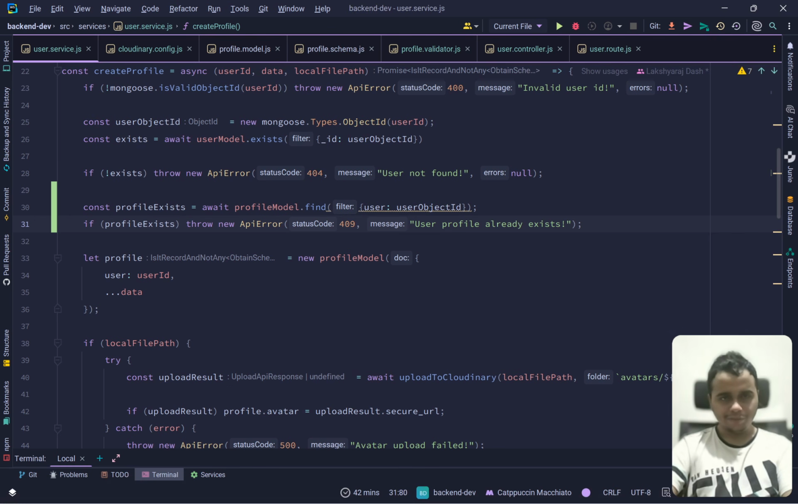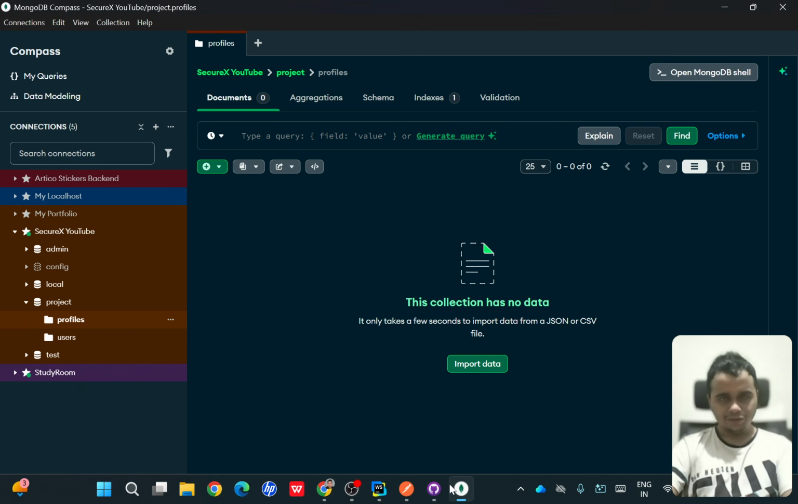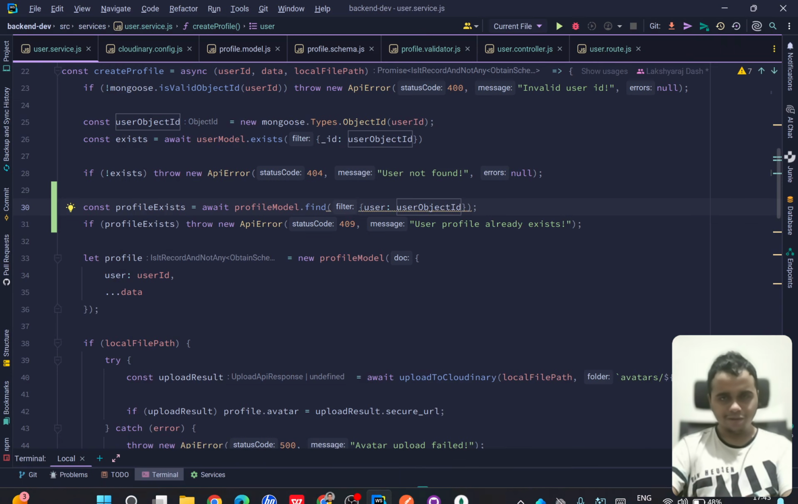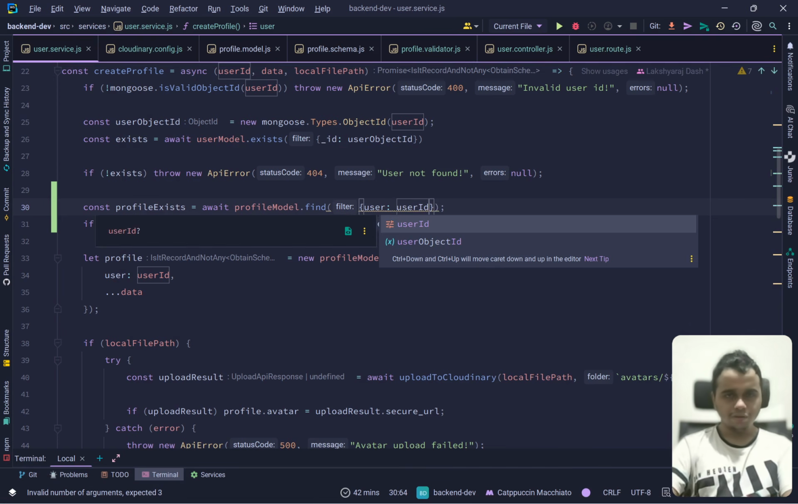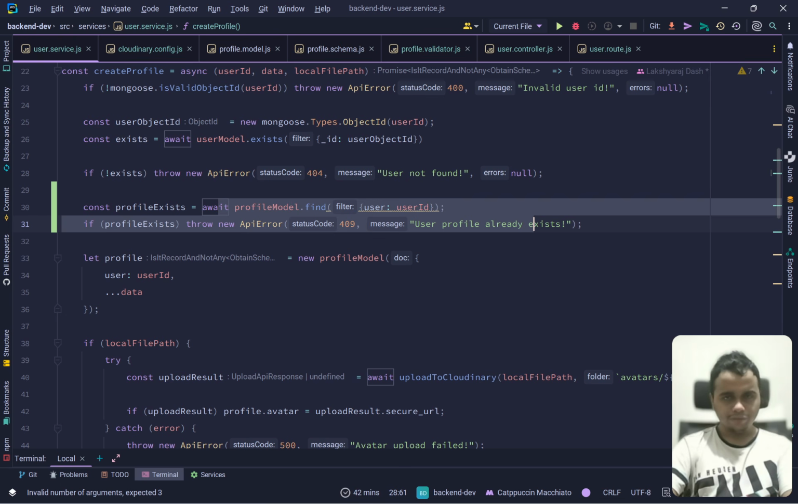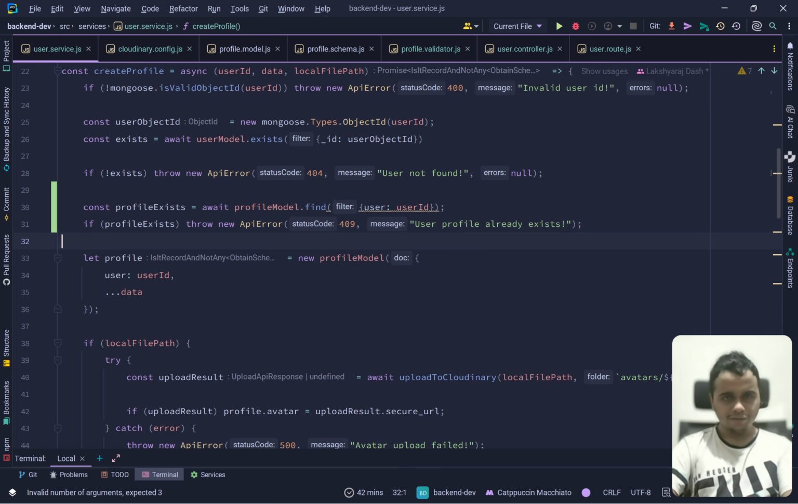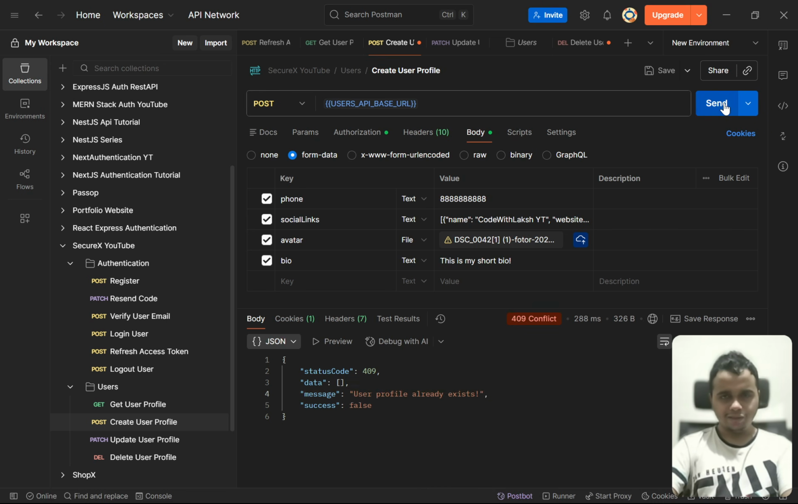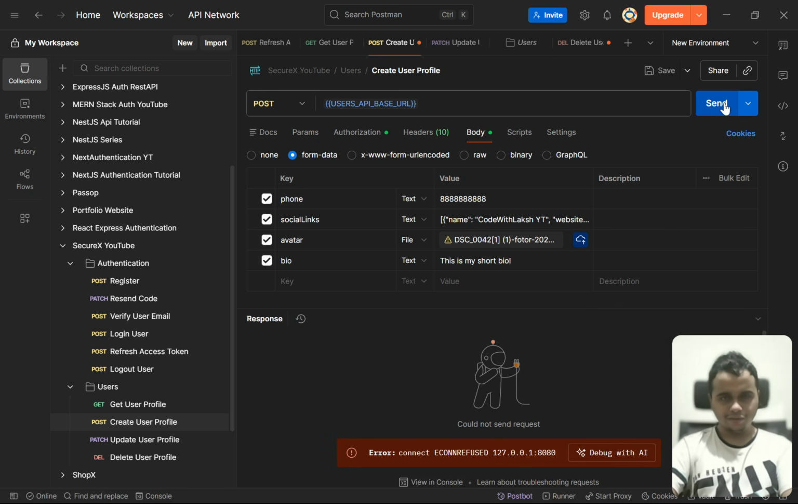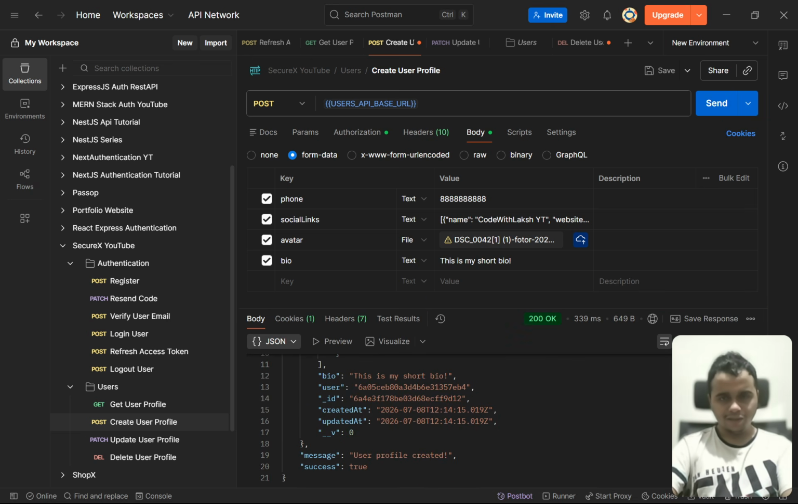Let us see what happened here. If profile exists, so profile model dot find. You shouldn't do that because the profile doesn't exist. Profile model dot find, or we can use dot exists. So let us send this again. Yeah. So right here you can see that